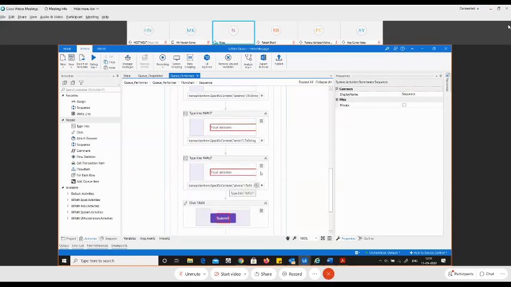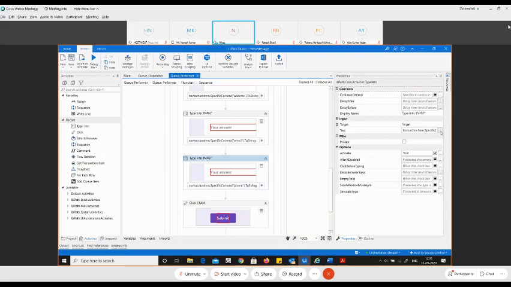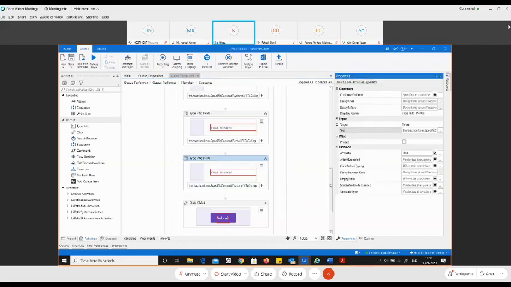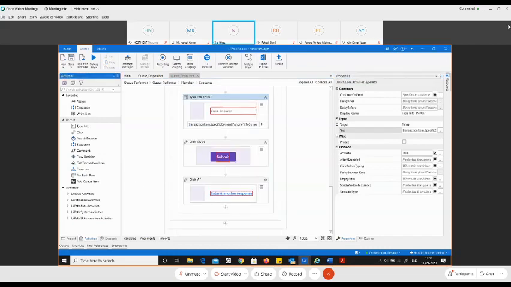I'll just repeat once again what exactly is the text that you need to type. It's the transaction item variable that we created. So it's transaction item dot the specific content, and in the specific content you need to specify the argument value that you've created. So everything is done. Now we need to use one more activity over here.